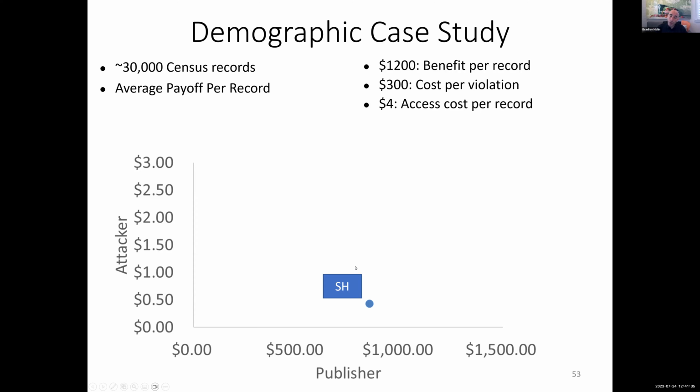Okay. Now what's notable here is that the Safe Harbor model that a lot of people tend to rely upon under HIPAA has a certain balance, right? So you're getting some payout that's under $1,000, more than $500 per record. The attacker will be successful at times if you send Safe Harbor data out to the world, and it's around 40 cents in this payoff. All right, so it's not zero, right?